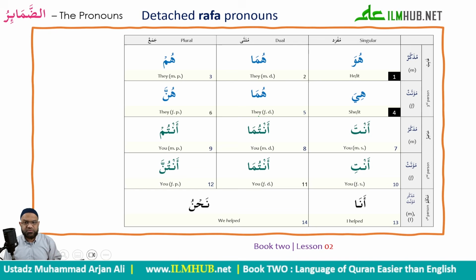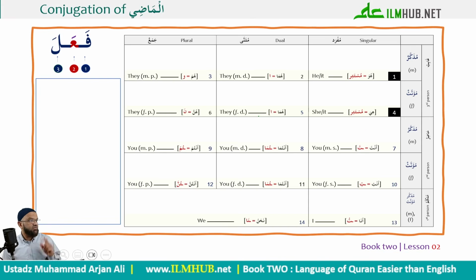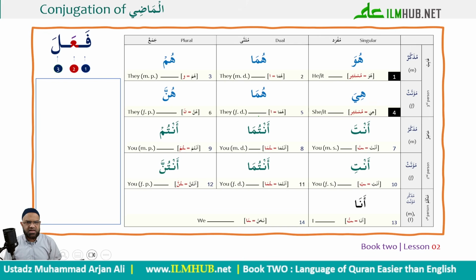Please know we don't need to use the pronoun in there because the pronoun is already embedded within the verb in its meaning, and in most cases with something to indicate that that is the pronoun we are referring to. So we have a table here, inshallah ta'ala, where you can see the most important thing. I'm going to put the pronouns back in. Now you can see on the table: huwa, huma, hum, hiya, huma, hunna, anta, antuma, antum, anti, antuma, antunna, ana, nahnu. I left a little line there to show how you can translate, but this is the pronoun.